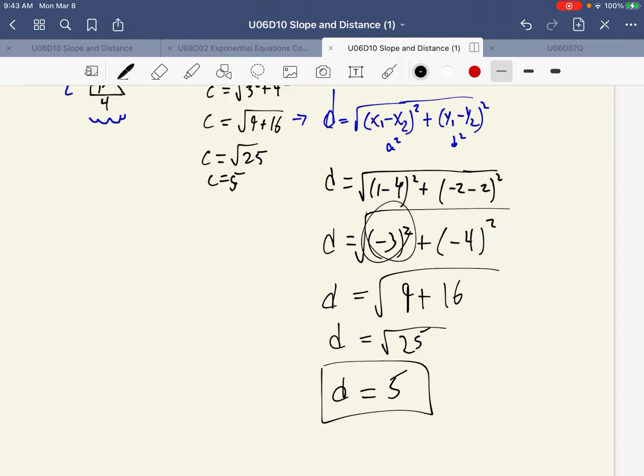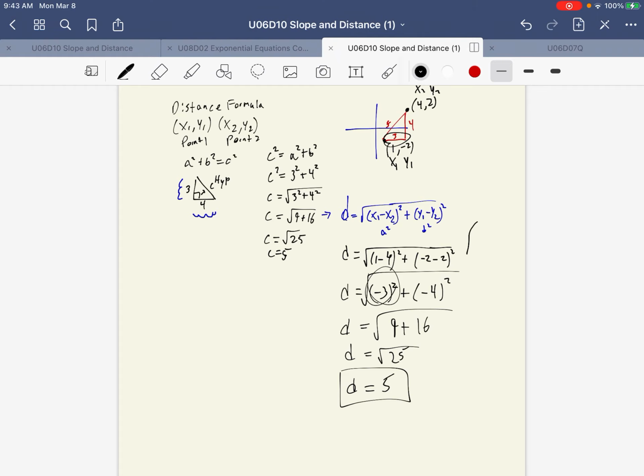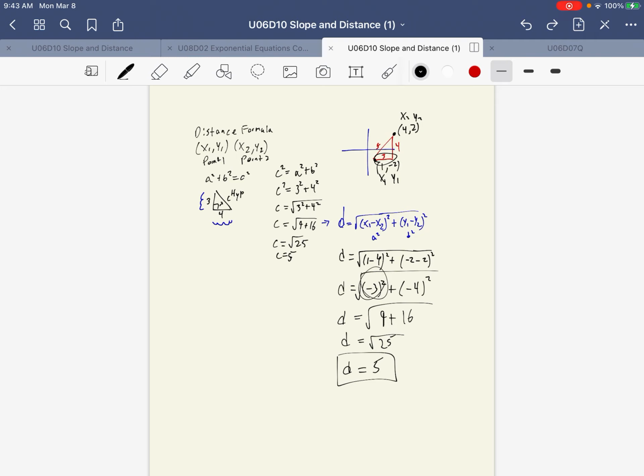So one way or another, you get the same measurement using the distance formula or the Pythagorean theorem, which you might prefer. I actually use the Pythagorean theorem quite often when I'm looking at the graph of the 2 points, but just given the points by themselves, it probably makes more sense to use the distance formula with the given coordinates of point 1